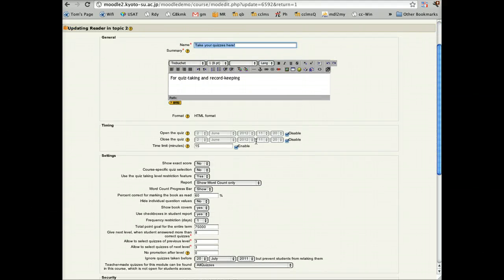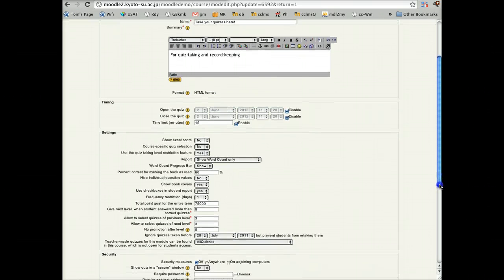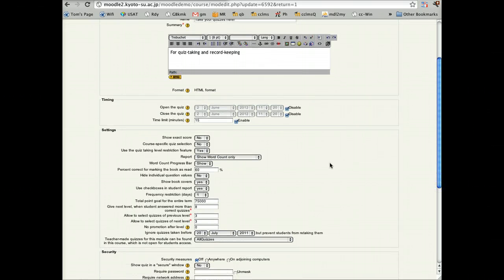This is only used if you want to allow access at a specific period of time. Usually it's just disabled. Show the exact score. Usually we don't want the students to know what their exact score is. It's not important. We only want them to know that they passed, because we aren't supposed to be concentrating on whether they remembered all the fine detail, only whether they read enough that they can be considered to have passed